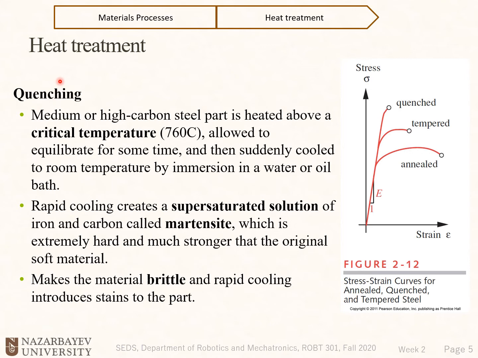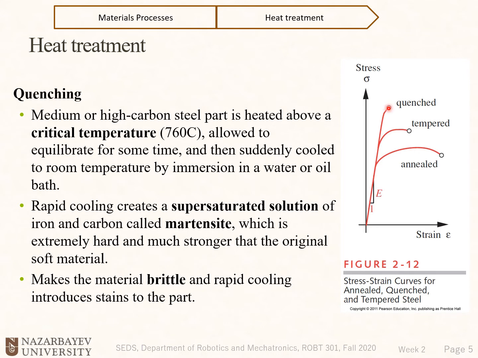So now we know from the TTT diagram what happens. We'll have a martensite content, and that structure is basically very strong and hard. And now we want to see what the stress strain diagram is for that quenched part. So that quenched part, or the martensite part,